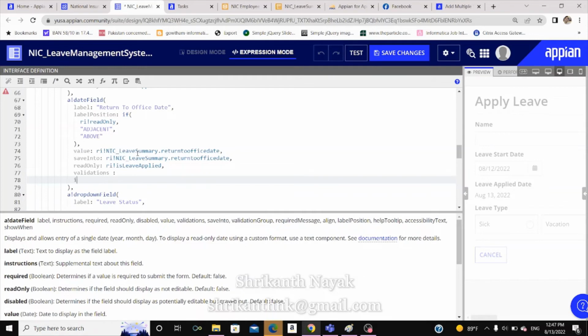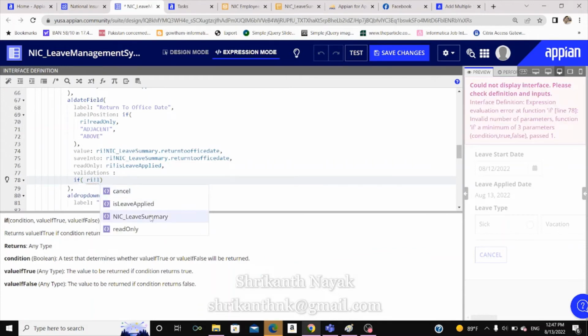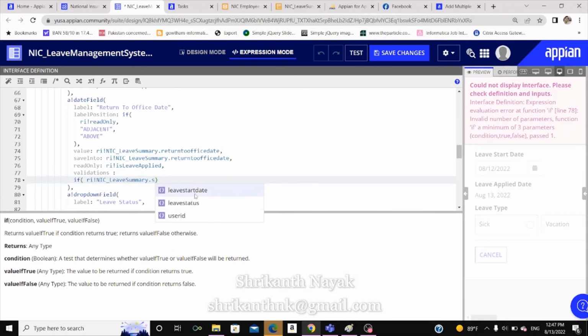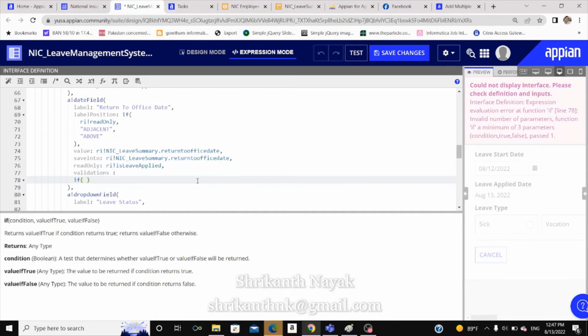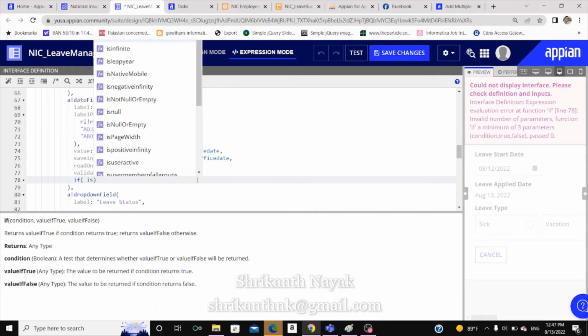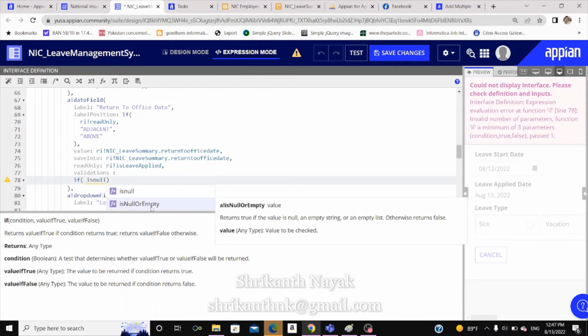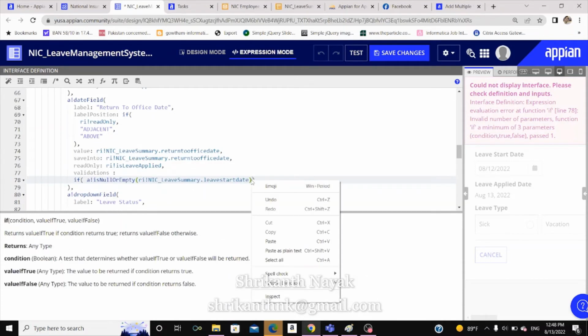For that, I am going to specify if rule input leave summary CDT type start date is blank or null, I'm going to use the is null function. Then I will throw an error message